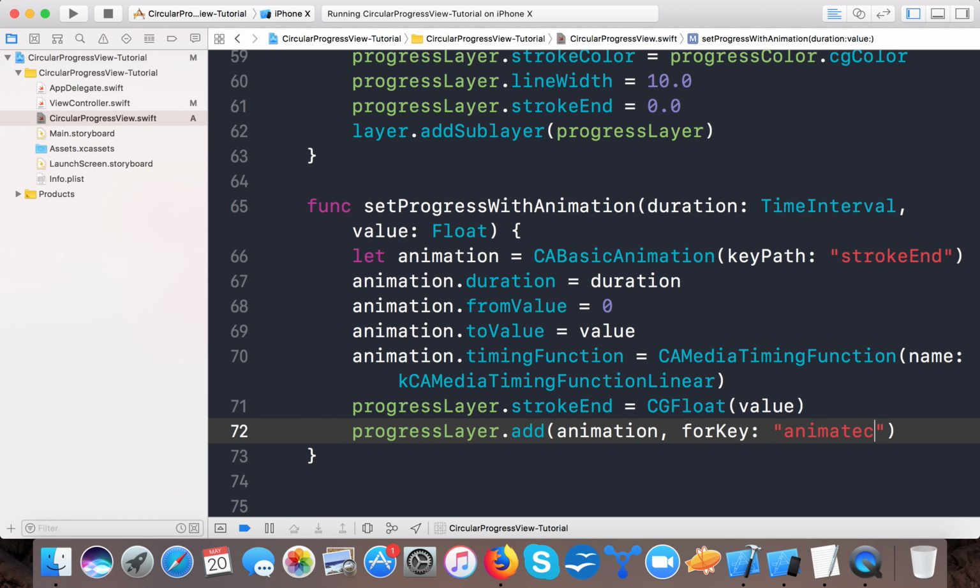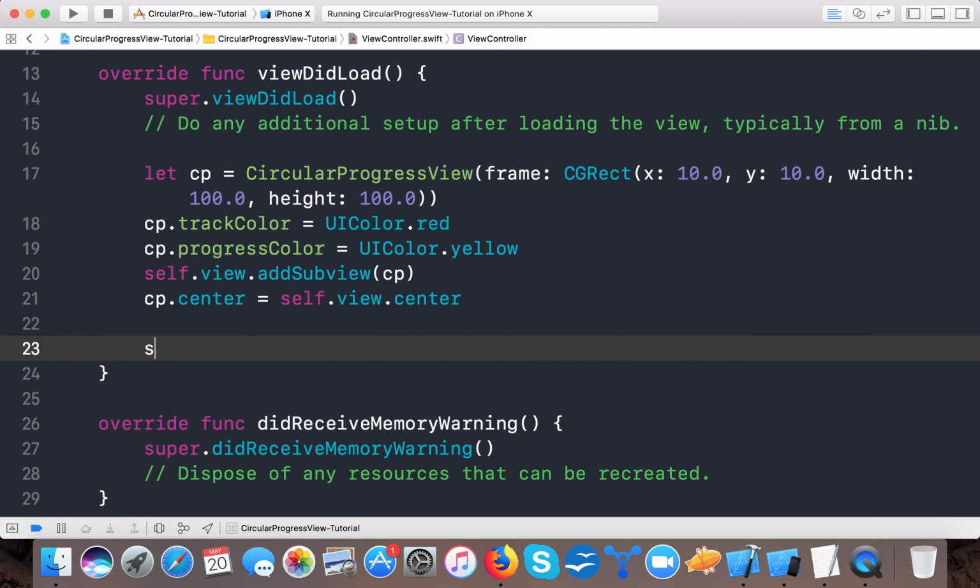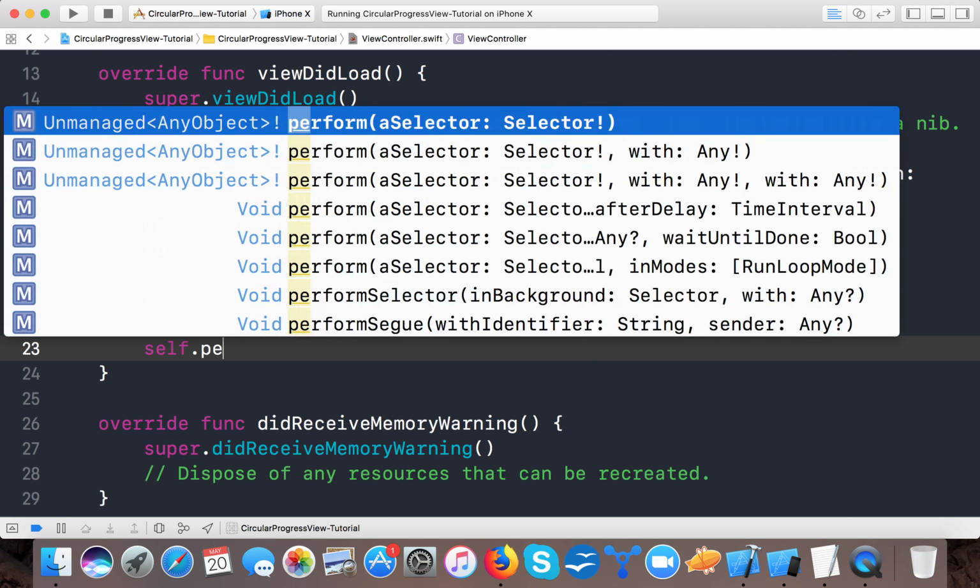animate, we say progress, and here we go. Now let's see if we are able to animate this. For this I will call it after a certain duration. Here I will create a selector, self.perform selector, and I will pass the selector animateProgress, so that you can see animateProgress, and here we say nil after a delay of 2.0 seconds,